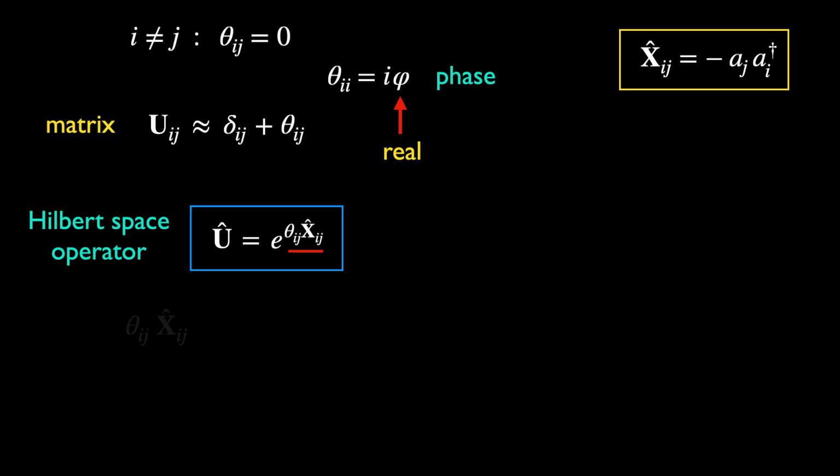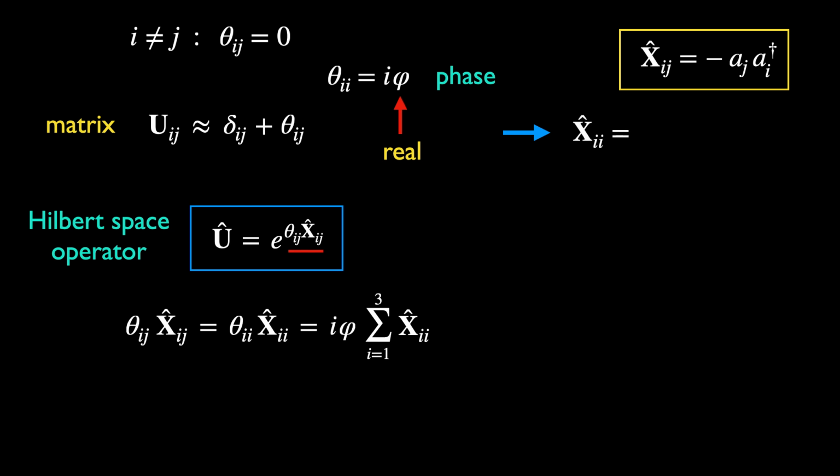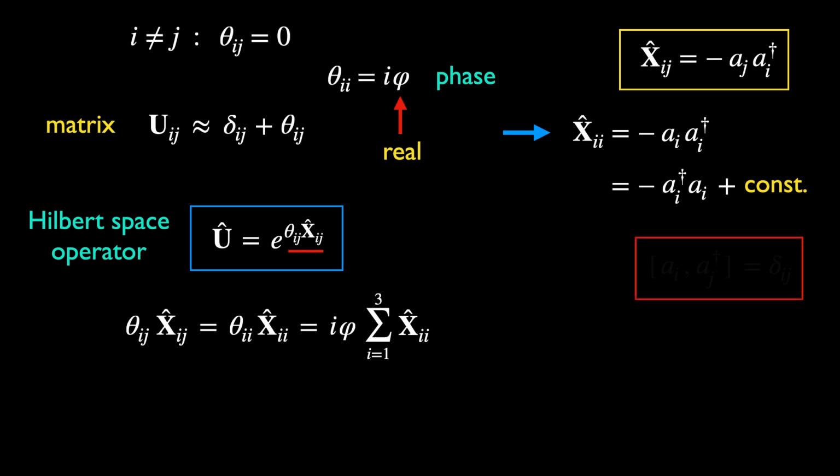This has the following implication for the Hilbert space generator. The operator X with identical indices is as follows, where in the second line we have used the commutators of ladder operators. This just results in a constant term, which commutes with all Hilbert space operators, and thus has no effect on them. So we can ignore this term. This gives, for the generator,